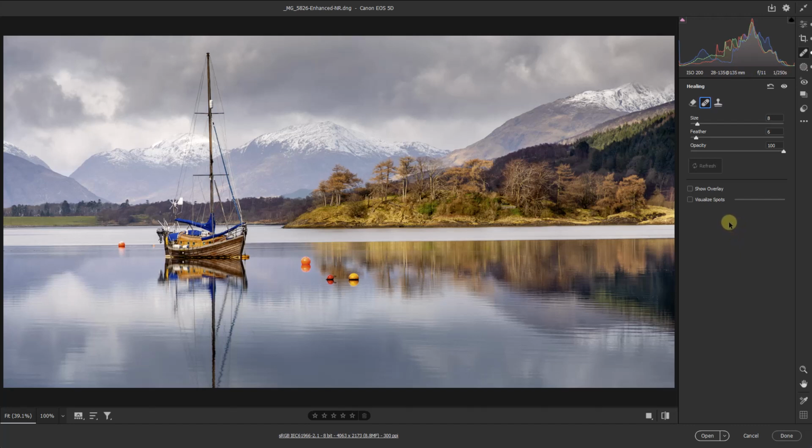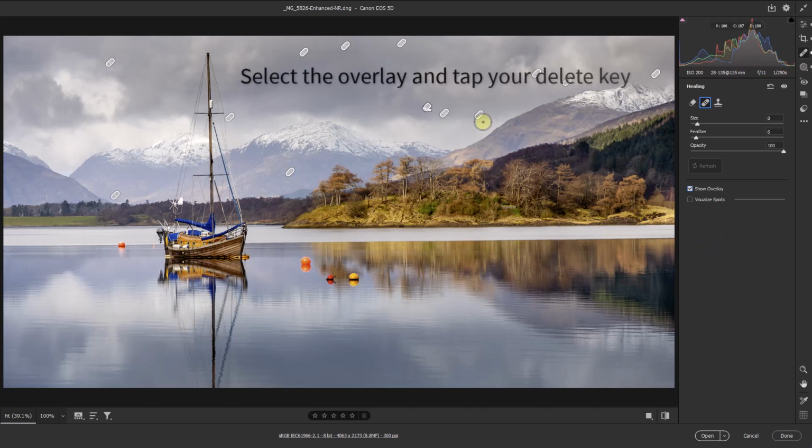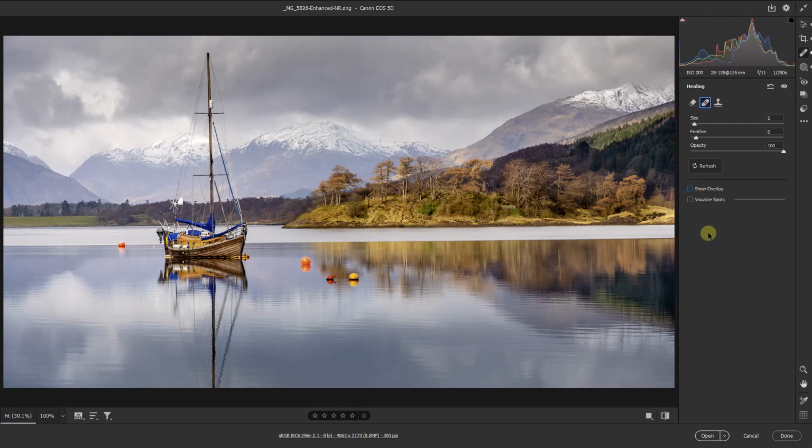Now at any time we can tick the box to show the overlays. Why would we want to do that? Well, if we notice that one of the repairs we did we're not happy with, I could select it, I could delete it and have another go, or I can even adjust it. But what we're going to do next is to have a go at those coloured buoys in the water, because